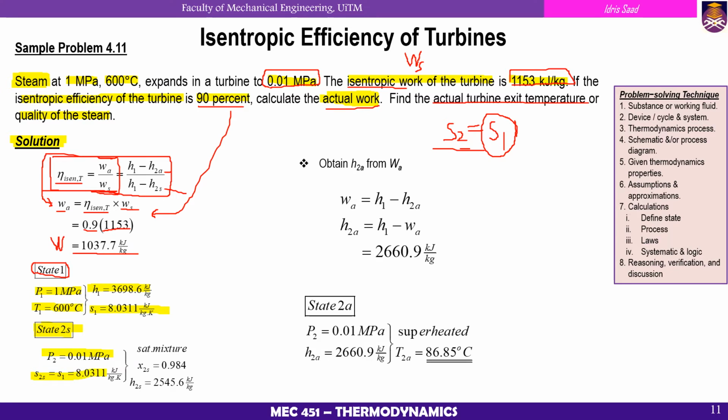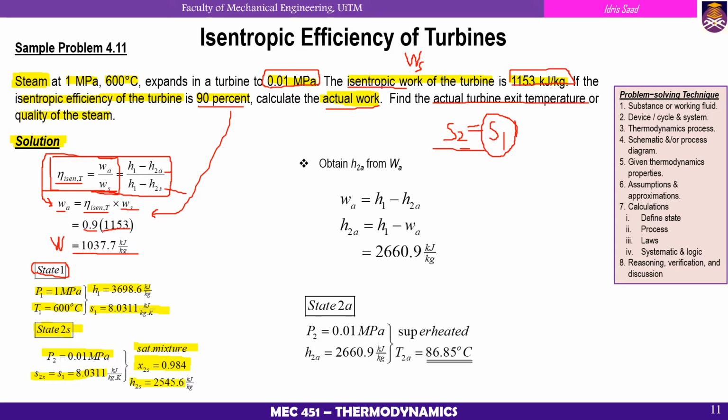So we already have two intensive properties. From this, we can check the phase. Based on my calculation, I found that the state is in the saturated mixture. Since it is in the saturated mixture, I found that X2S is equal to 0.984 and H2S is equal to